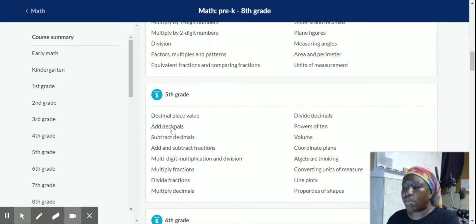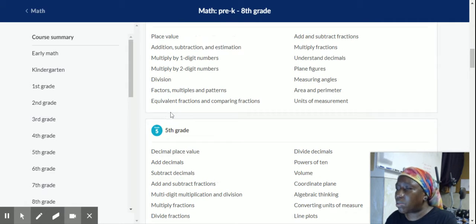They just start talking about decimals, place value, adding decimals, subtracting decimals, and I'm in the 8th grade and I just forgot the rule of adding decimals. Let's see, where did it start? So I can go to decimals. The first time I see the word decimal.